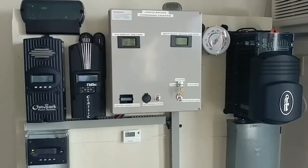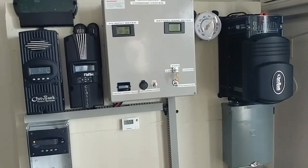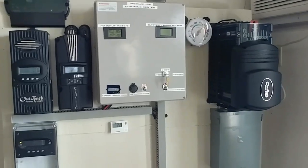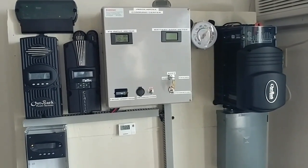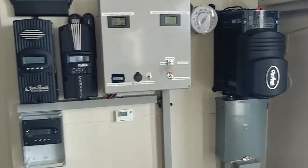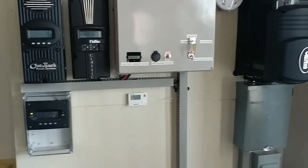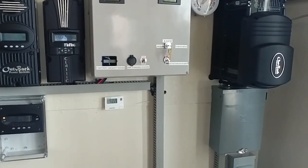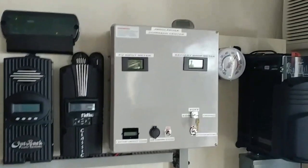and it's not hot. They work well because when you take power from the batteries, it generates heat. When you put power back into the battery, it causes heat. So sometimes people put fans in the battery box like this. I don't have any fans in there. Because of that, I keep my batteries cooler by watching that temperature sensor that's sitting right in the middle of the batteries, which I have 3